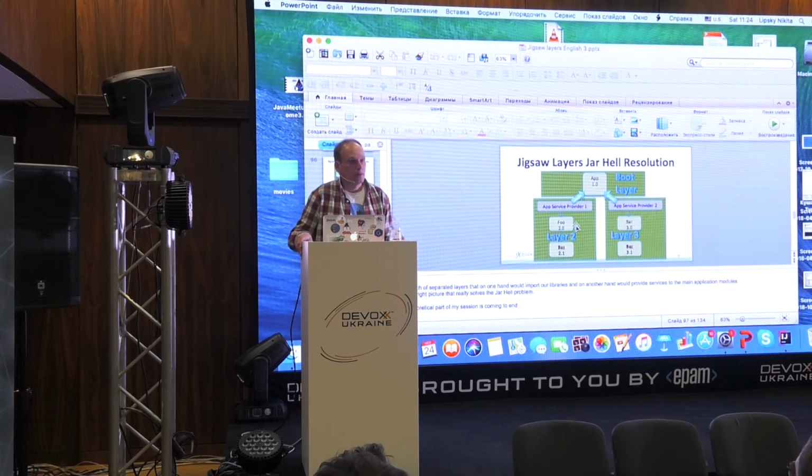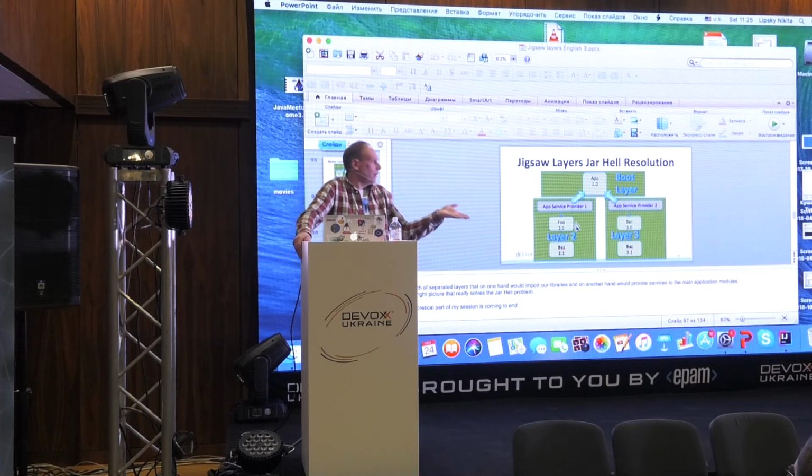Yeah, but yet it still assumes that third-party libraries provide some services via service provider. They don't need to provide any services. You just wrap them with your application modules that provide services to upper layers. Yeah, so we need to implement wrappers, right? Yes, you need to implement your wrappers. It's the only case when you can solve this problem, actually. Okay, thank you.